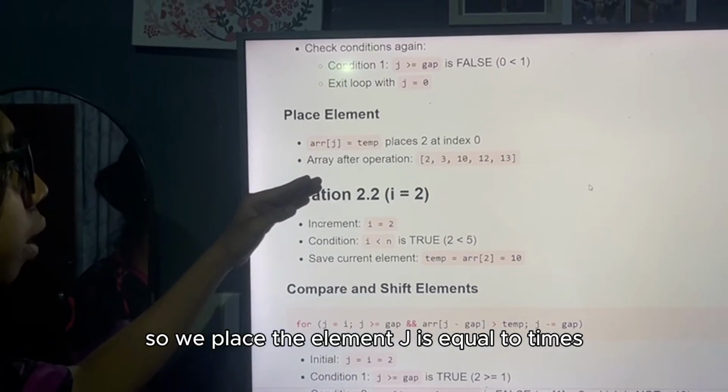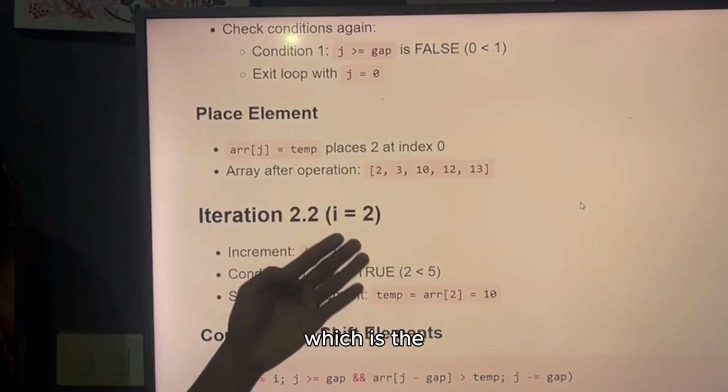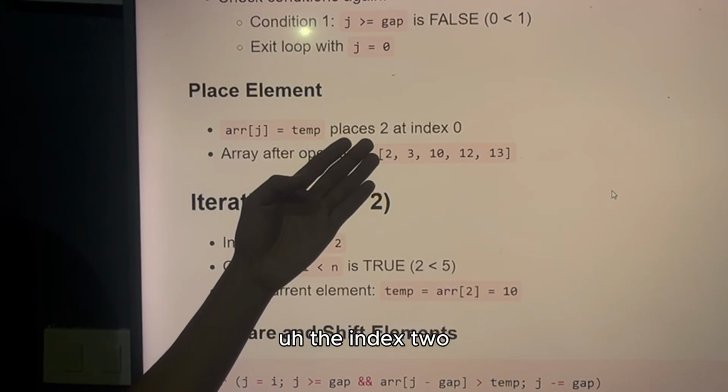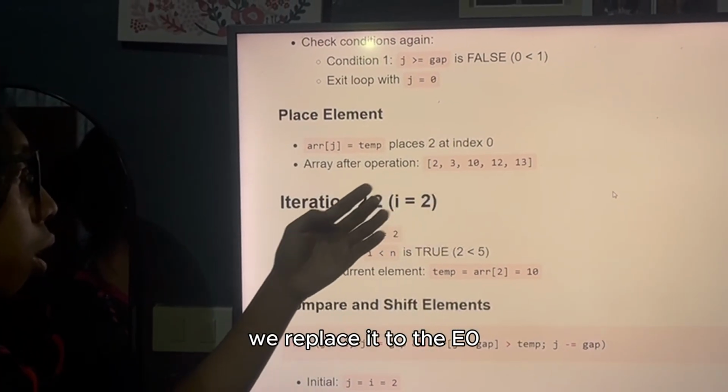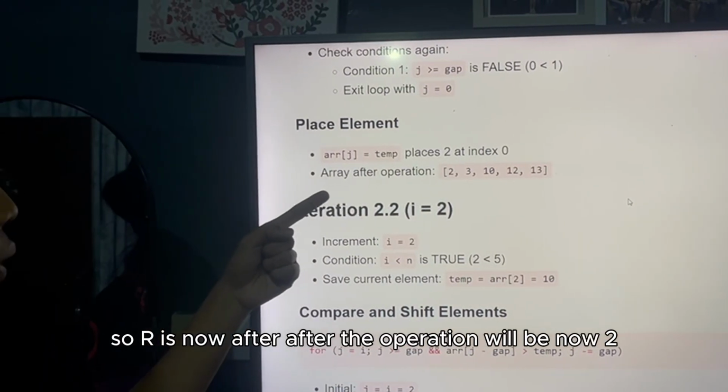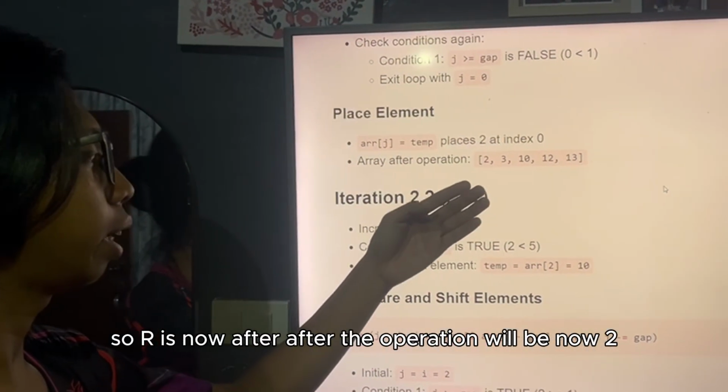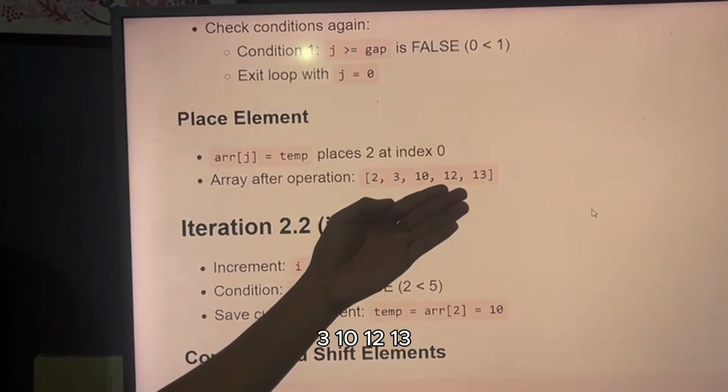We place the element arr[j] equal to temp, which is 2, at index 0. So the array after the operation will now be 2, 3, 10, 12, 13.